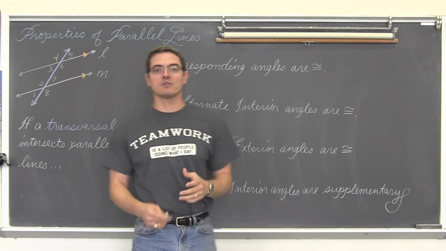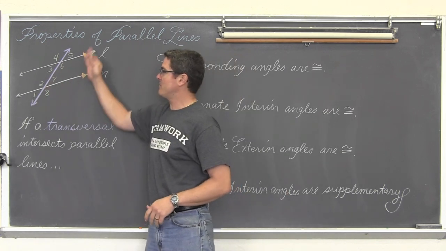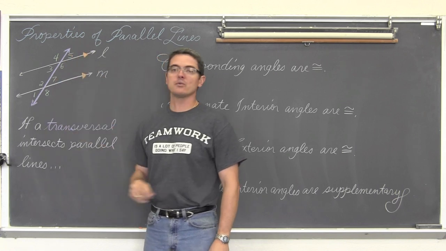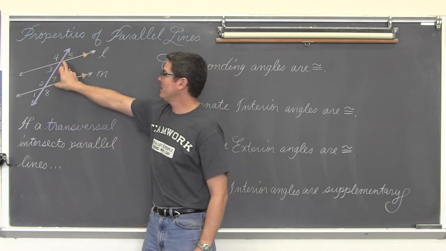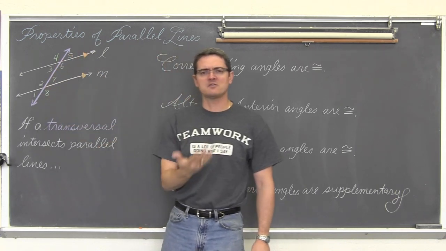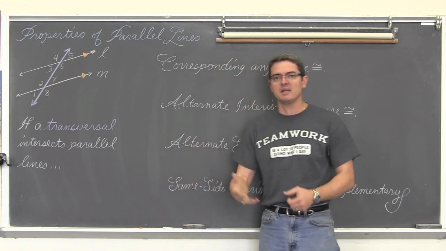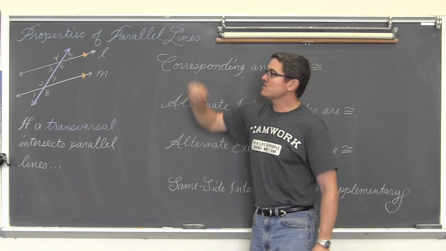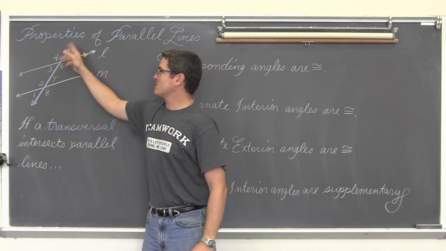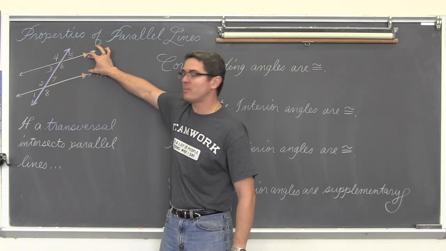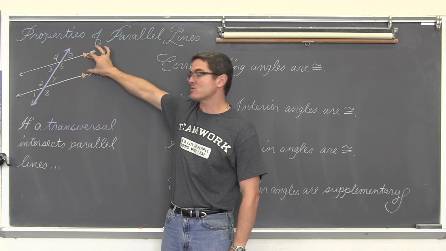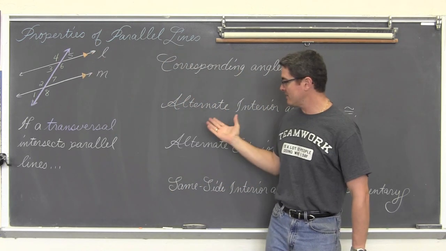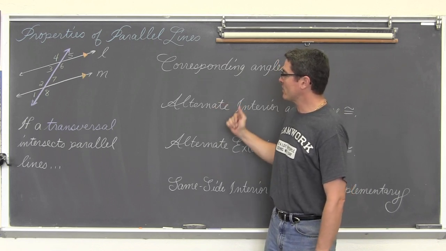Those are the types of angles that are formed when you have two or more lines being cut by a transversal. Remember that transversal has to cut or go through those two lines in two distinct points. In the previous video, we did all these definitions and explained and talked about these types of angles. But when those lines that are being cut by a transversal are parallel, as indicated by these two orange arrows, extra arrows that I've put on my lines, then a lot of really cool things happen. And thus we have what we got going on here.